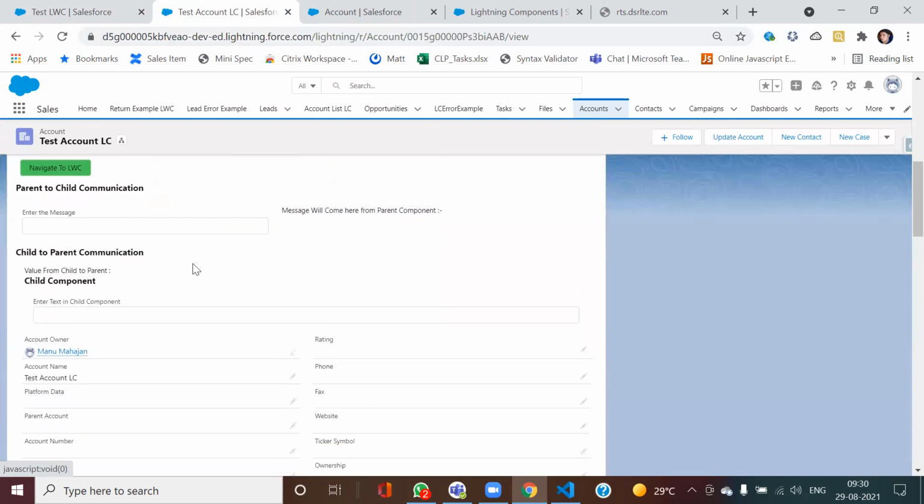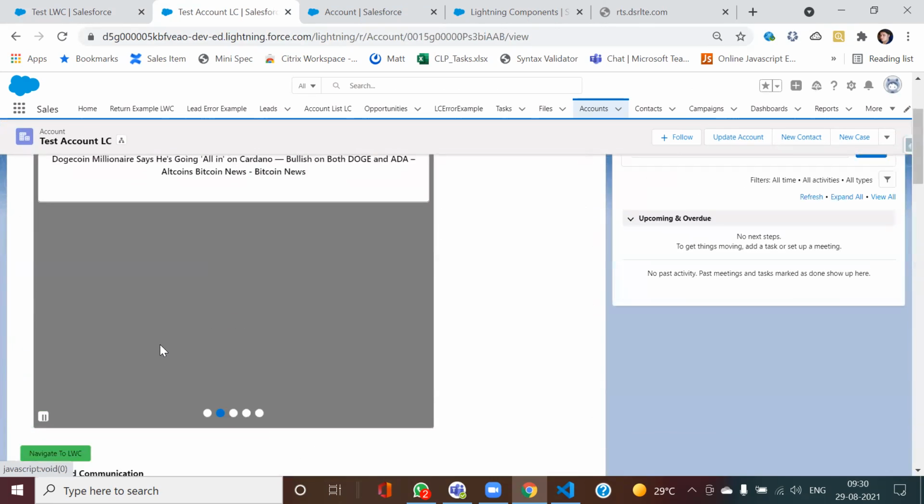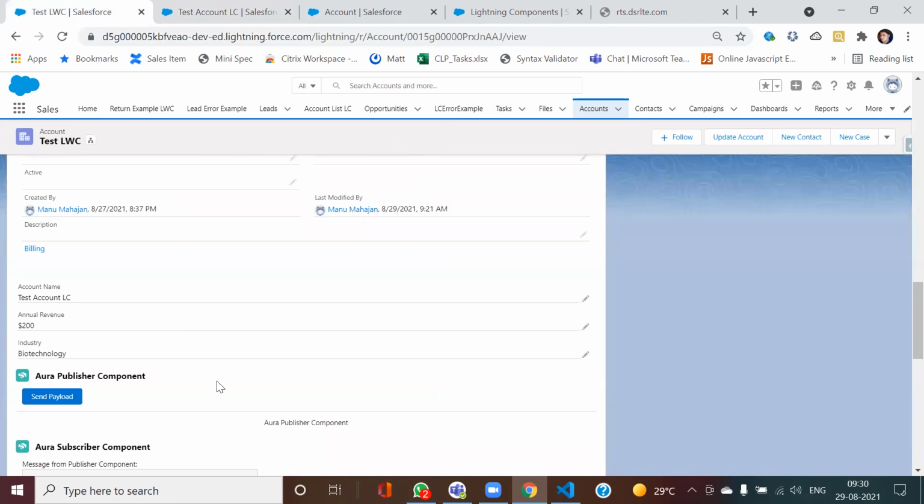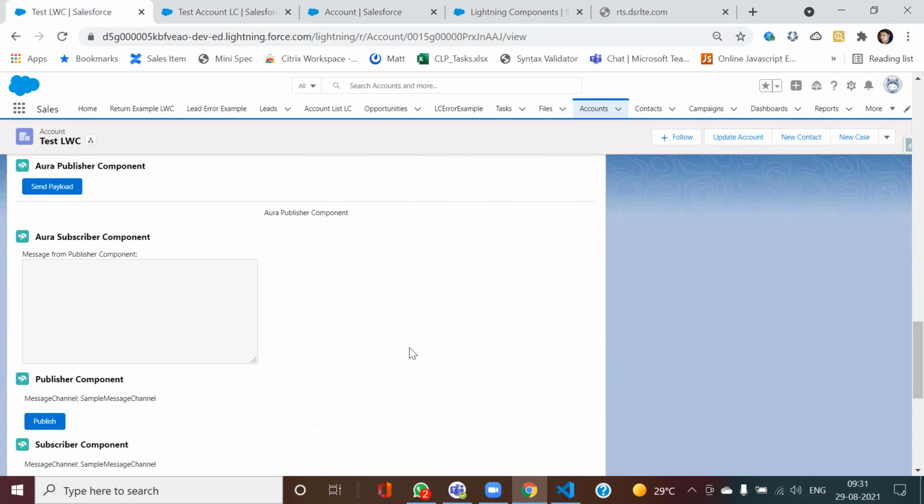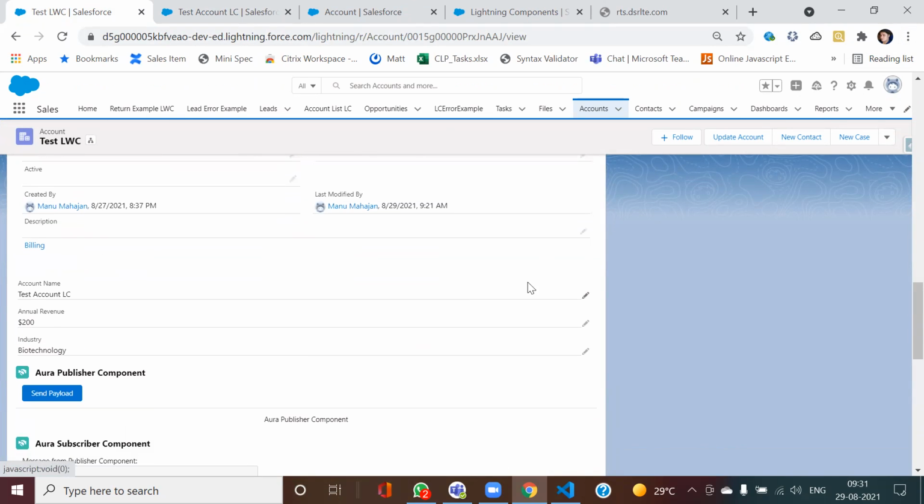Now this record, if you see, has been created from the lightning component. So in case I look into this one's code, check the name of the component.